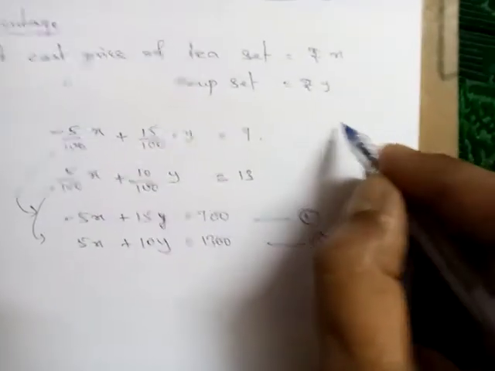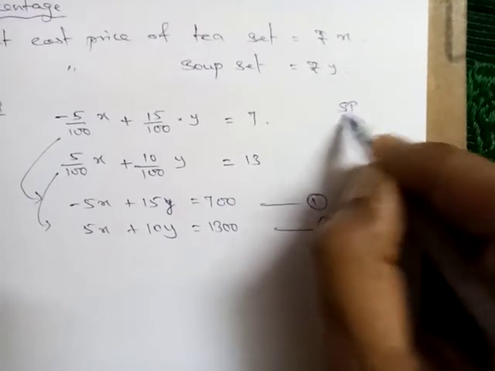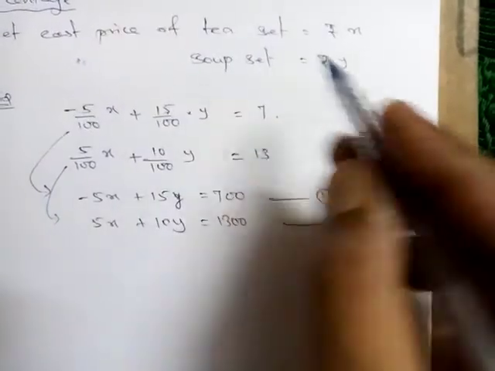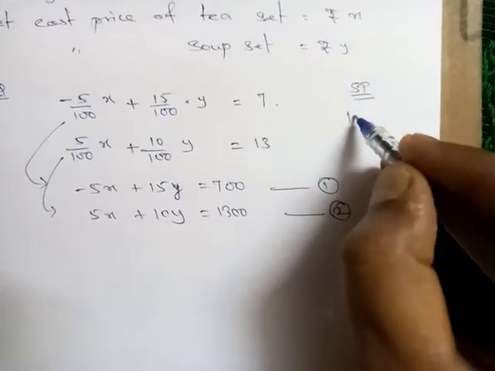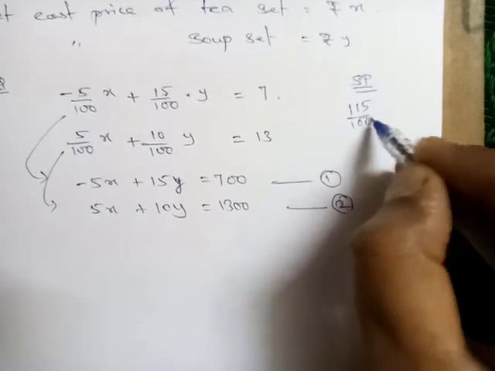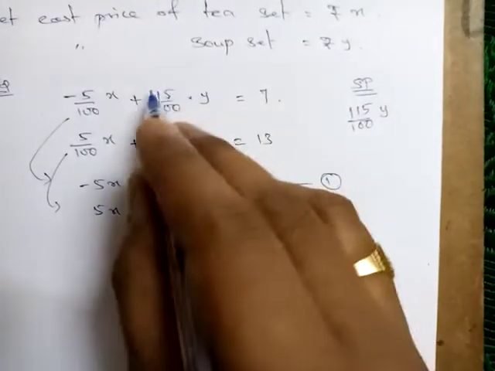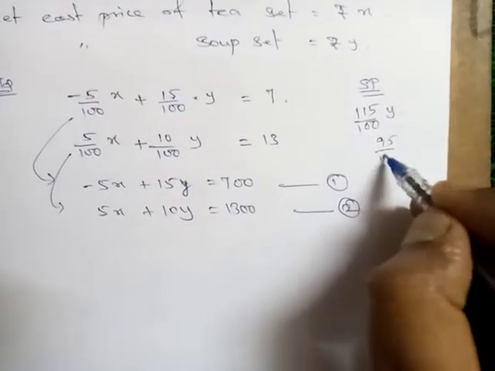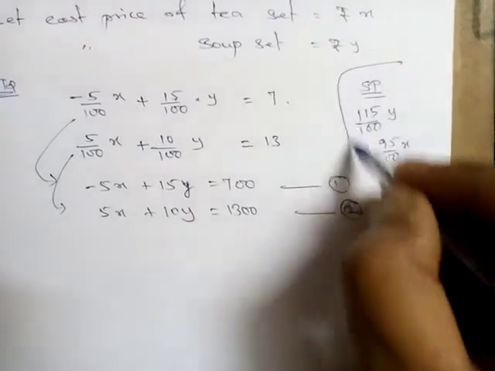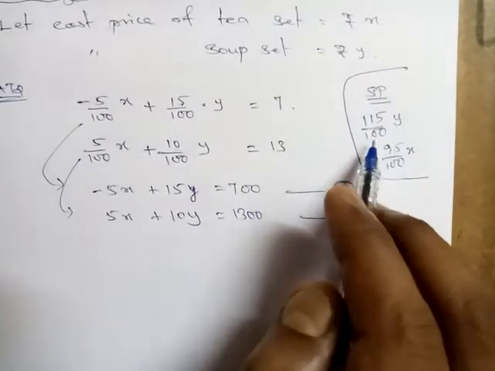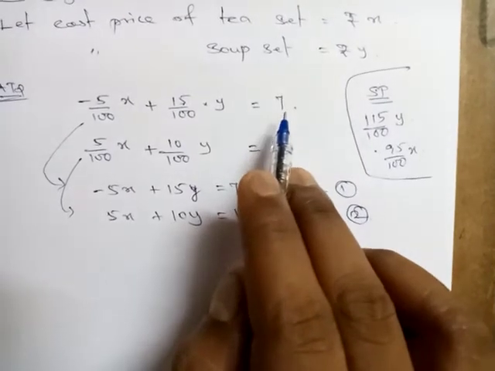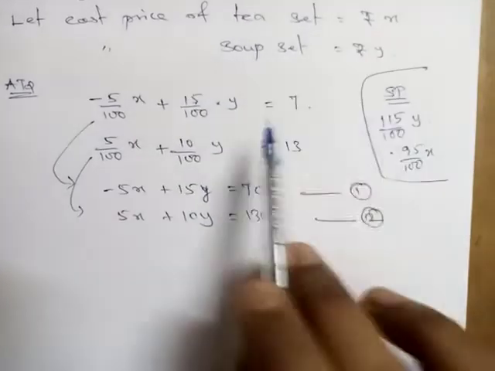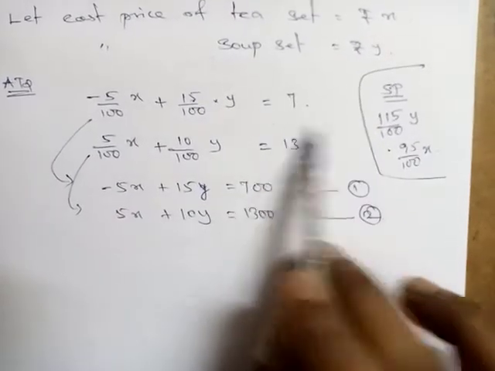Suppose selling price they given, means what we have to take, actually 15% gain, so more than 100. So 115 divided by 100 into Y we have to write instead of this. Loss 5% means 95 by 100 into X we have to write. Selling price they given means we have to write like this. Here they given gain, only profit they given. That's why we are taking like this. See this? Now like this we can complete two problems also.